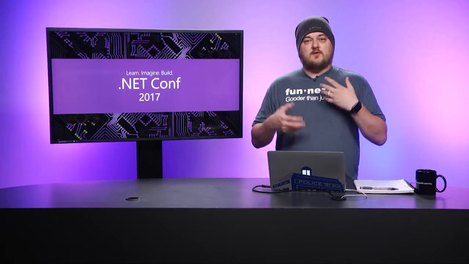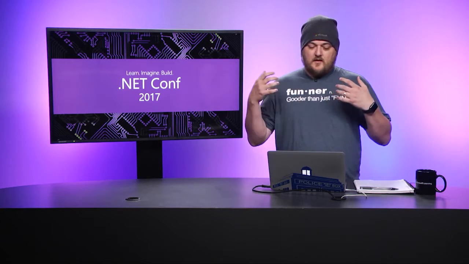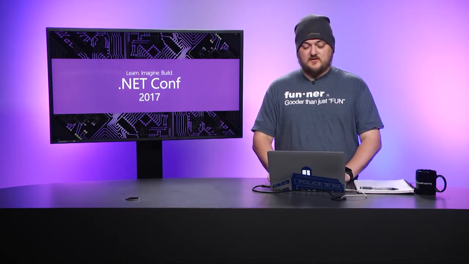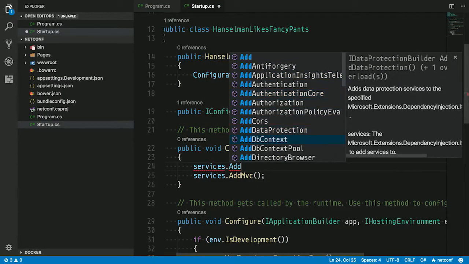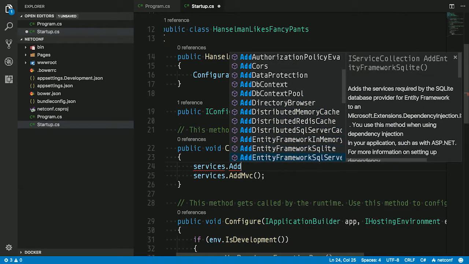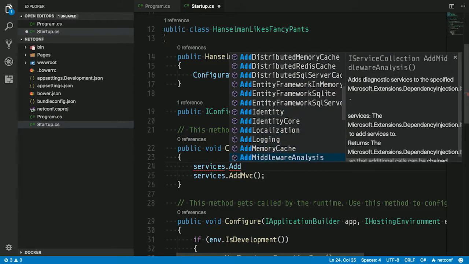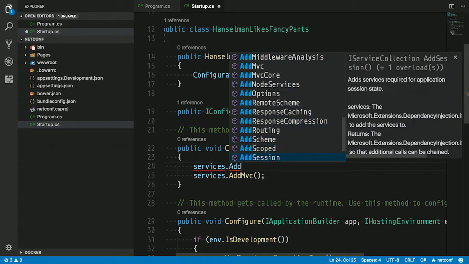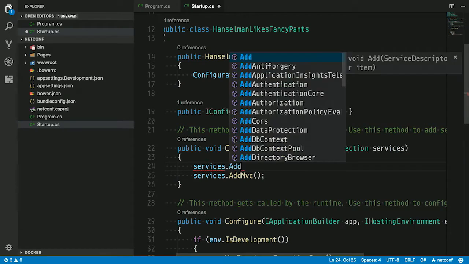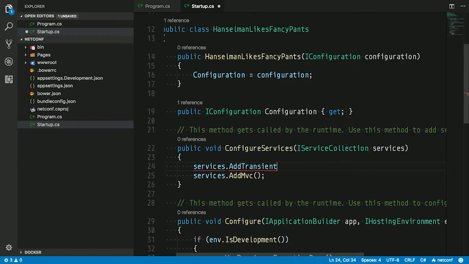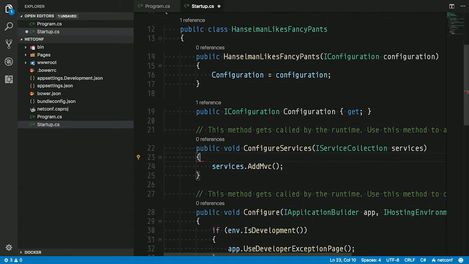And the minimum amount that you need to know is that you can register things here in configure services. So you can go services.add, and any one of these add methods in here. See, all of these adds are from various ASP.NET Core things, Entity Framework and features of ASP.NET Core. And you can also add your own. So you could say, like, add transient, for example, of my own types. And anything that gets added here can then be used anywhere in your ASP.NET Core application that is